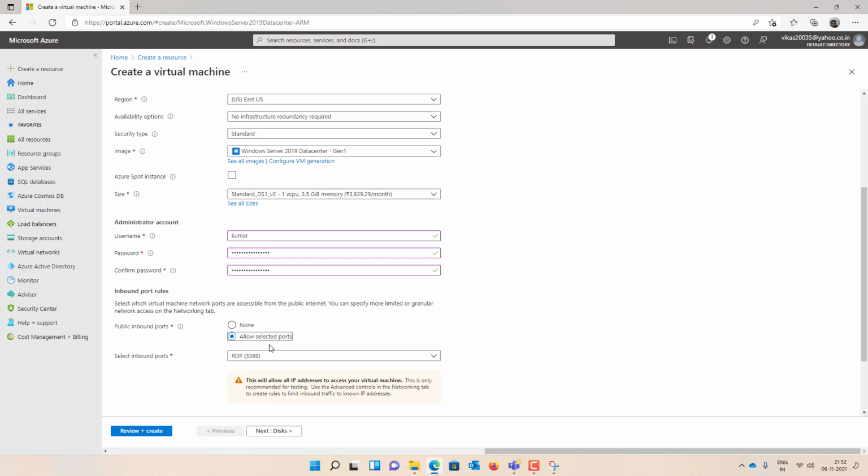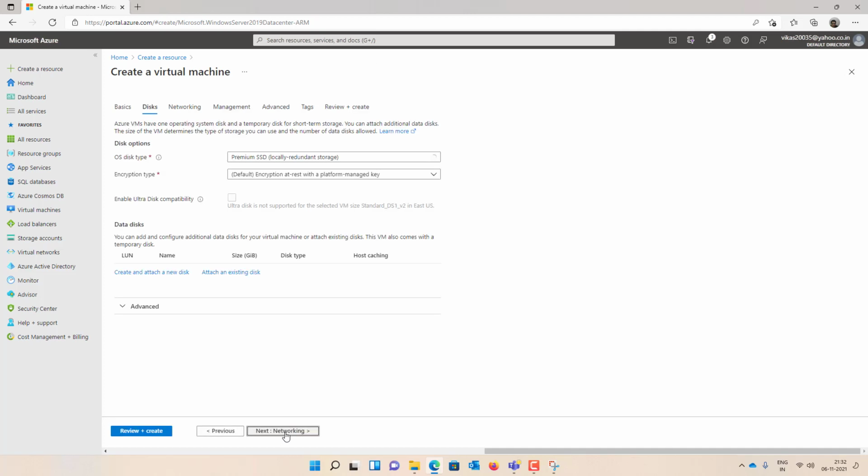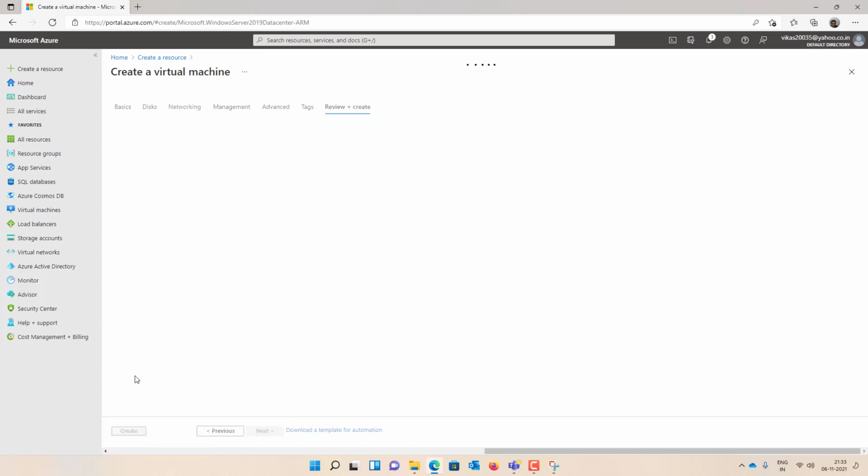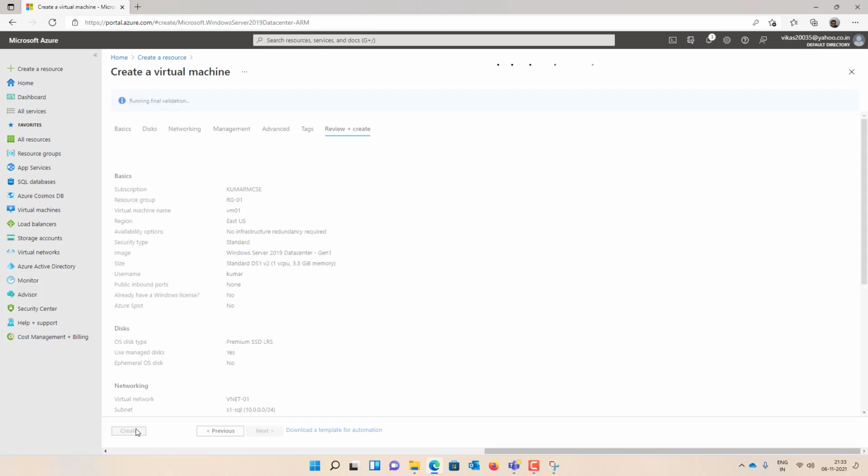So select inbound port, public IP none for security, and under networking, public IP none. Default VNet and same subnet 1, the SQL subnet. So I'll just make it public IP none. Review and create. It will take 2 minutes to deploy this virtual machine. By the time I will deploy the Bastion host service.